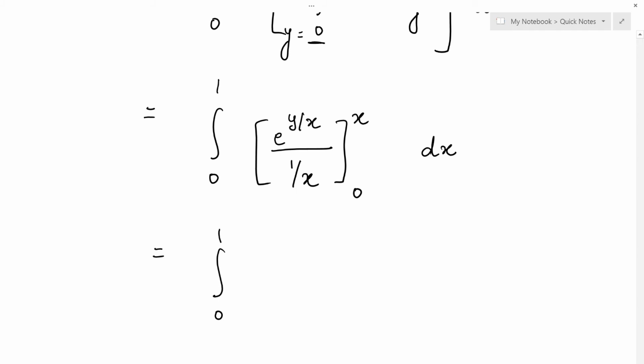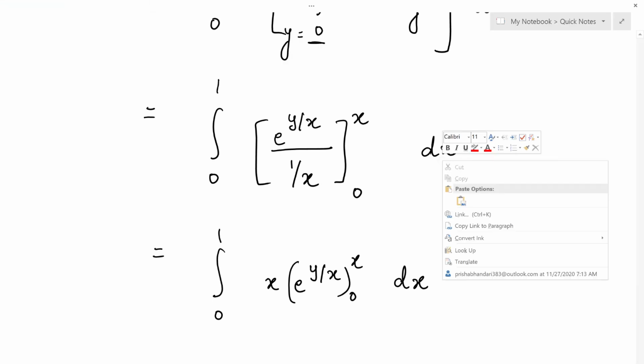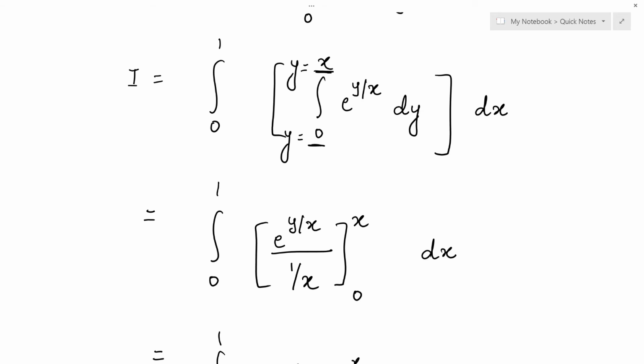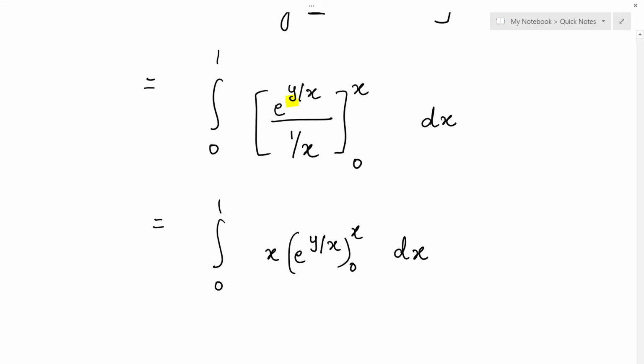Now let us substitute the limits. Let me take this x here, x e raised to y by x, and then let me substitute the limits. Again, if you have a confusion in what to substitute the limits, I have told you in the earlier sum also, and I am telling in this sum also. Here we have integrated with respect to y first, so the limits you will substitute in y alone, whatever the upper limit and the lower limit are.